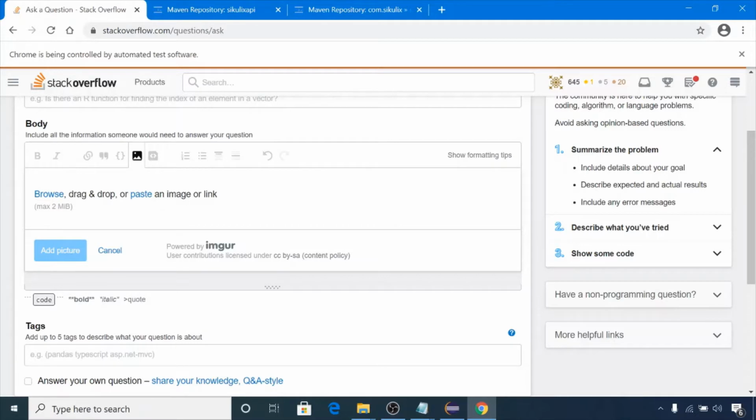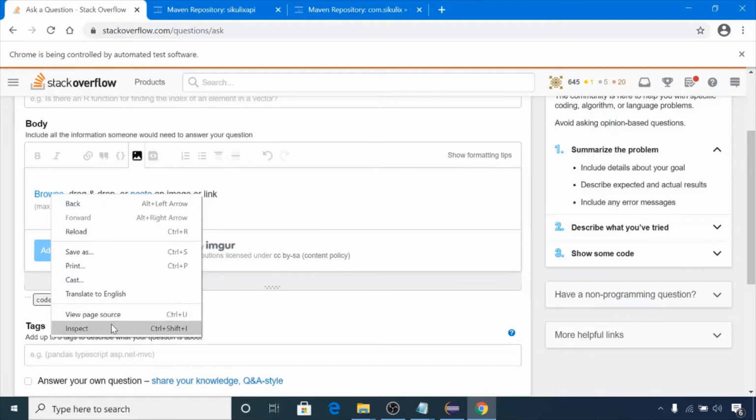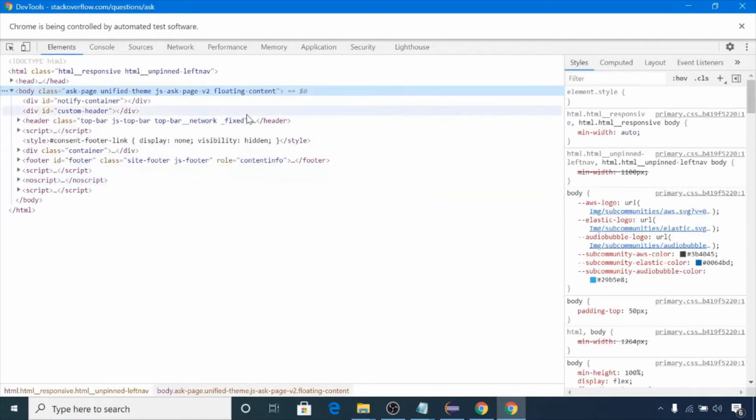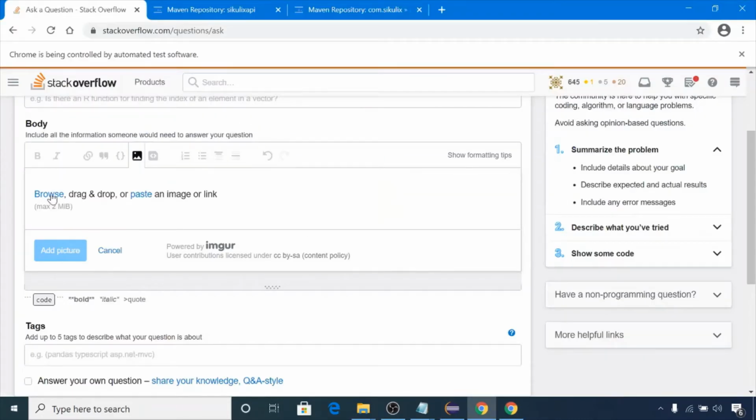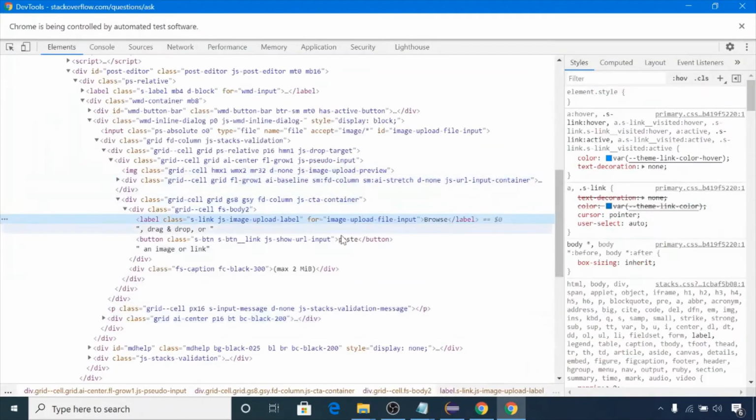From this UI we have to click on Browse. Again we need to find the locator here, click on inspect. Yes guys, we can click on this element using XPath only.